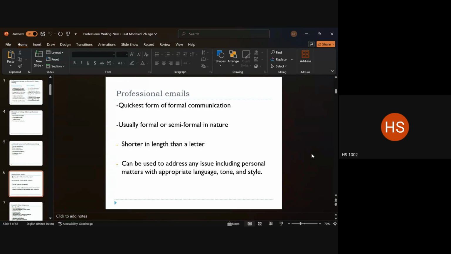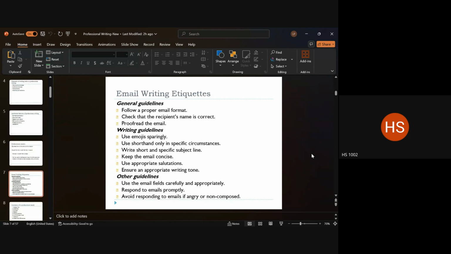The length of an email is always shorter than a letter, right? You don't have the space to go on writing in an email because people are not going to bother to read that much. Tone, style, and language will obviously follow your other general professional writing, right? If it has to be a formal email, it will follow the formal style. If it is semi-formal, then semi-formal, and informal would take up its own style, right?